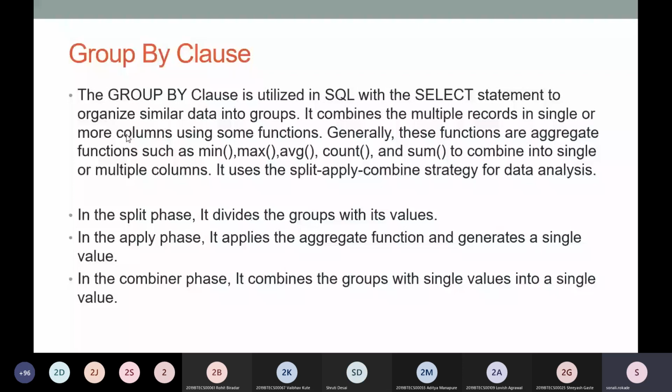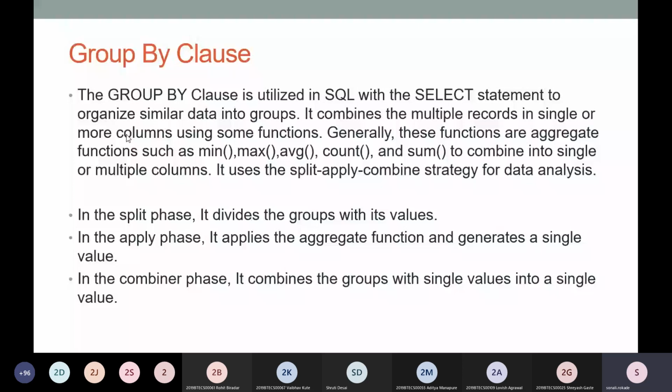Group by clause. Okay. So the group by clause is utilized in SQL with the select statement. Definitely, as I told you, where we use with the select statement, in the same way we use group by also with the select statement. So it is going to organize data in one format, by making a group.